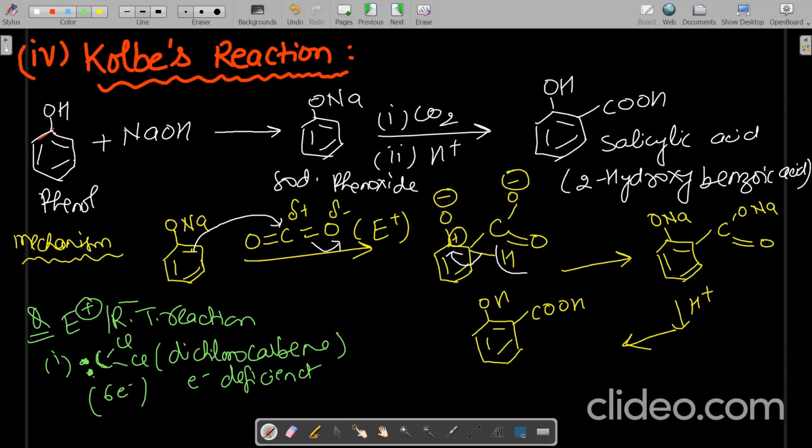So in the Reimer-Tiemann reaction, the electrophile is what? CCl2, that is dichlorocarbene. But students get confused seeing this lone pair and think that it is not an electrophile, it is a nucleophile. So they choose another option, but this is the correct option, okay? So it was a part of the Reimer-Tiemann reaction. We can discuss the Reimer-Tiemann reaction in 2 classes, and even then it is less. So many things are there, all the mechanism, when you see the mechanism, it is very, very vast.